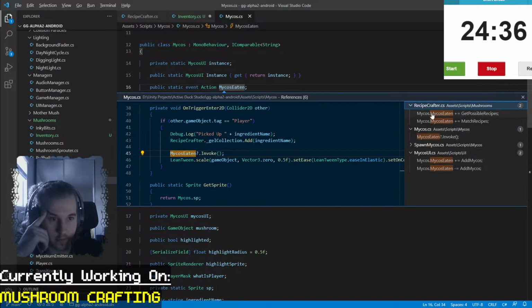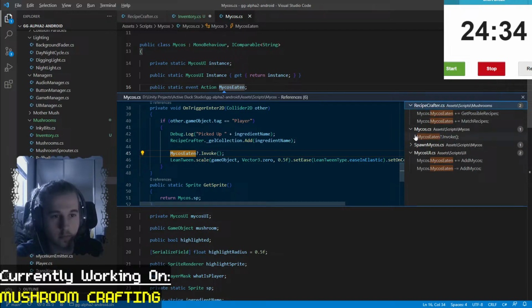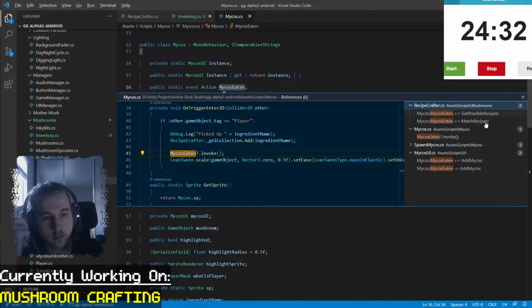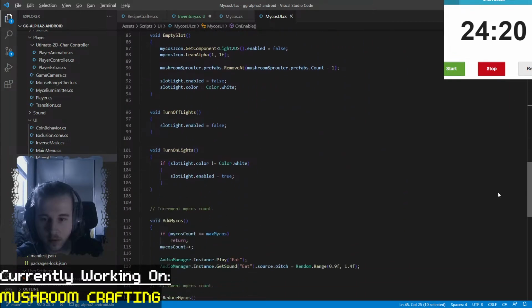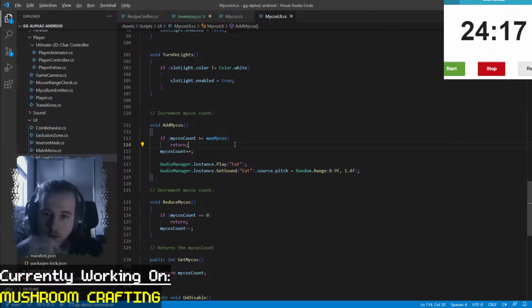Right, this is what's adding it into the UI element. But here in add micos, how am I getting